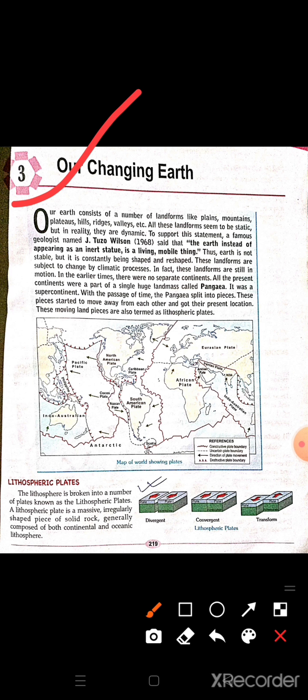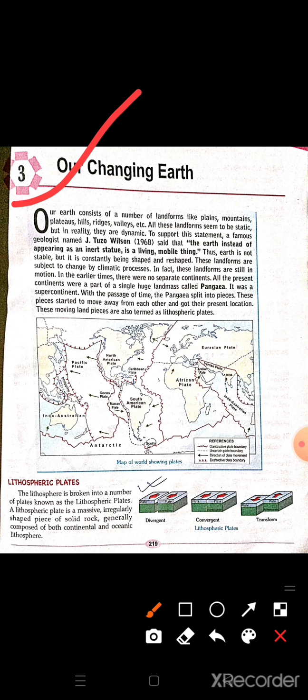To support this statement, a famous geologist named J. Tuzo Wilson said that the earth, instead of appearing as an inert statue, is a living, mobile thing.